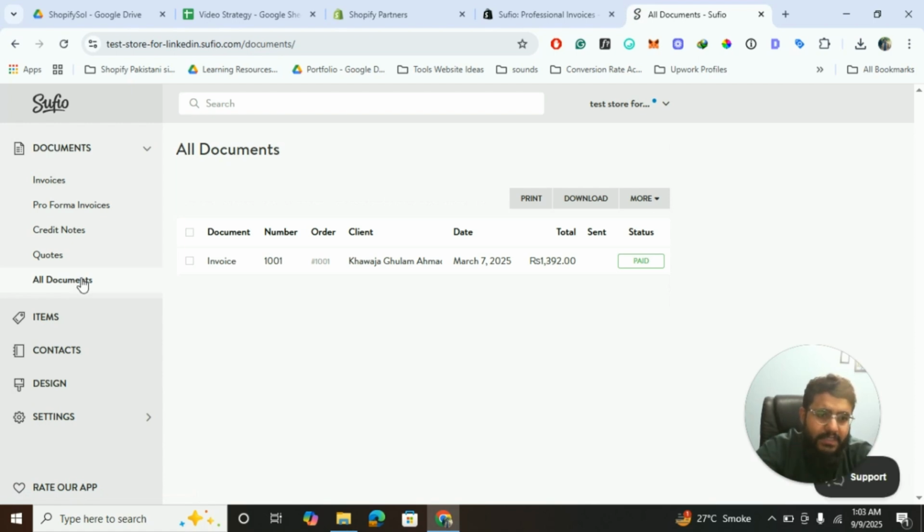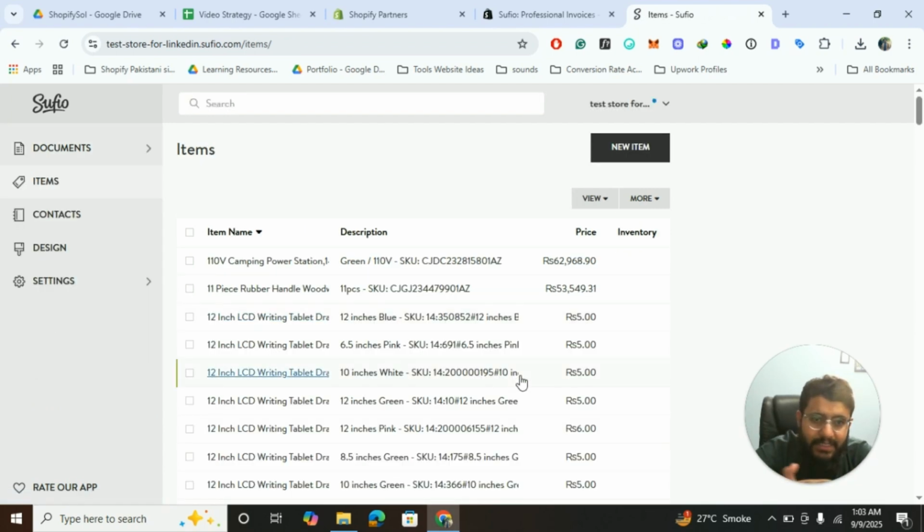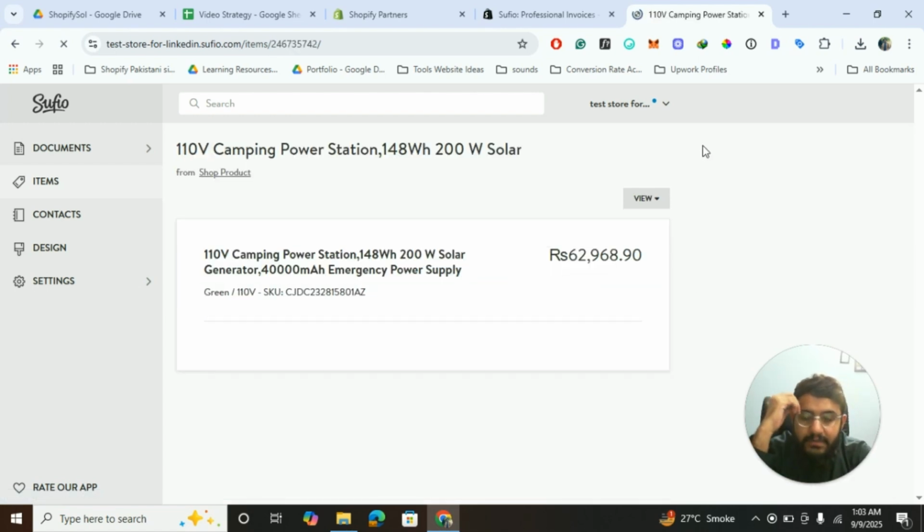So to cut it short, obviously I don't want to make the tutorial too lengthy. Just to explain the things, you can create the invoices from create new invoice, and all the stuff can be created from here. So if you click on this, I just want to explain how you can basically use this dashboard. You have the contact items here, and you can add the inventory from here, and you can add the item from here. These are all the products that I have in my store, and I can add a new item from here as well. I can also check the inventory from here.